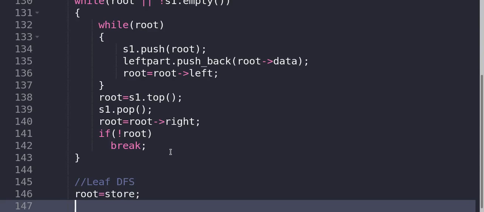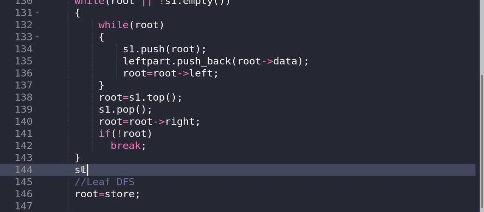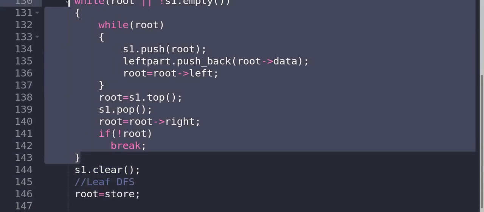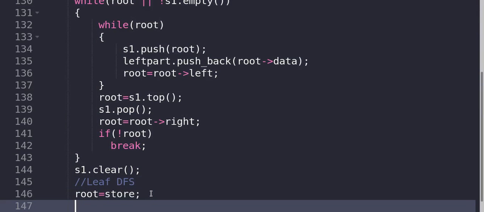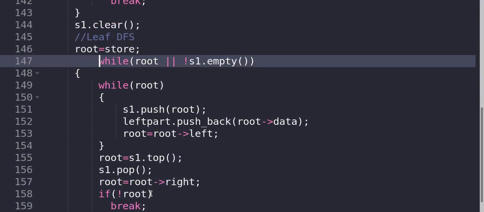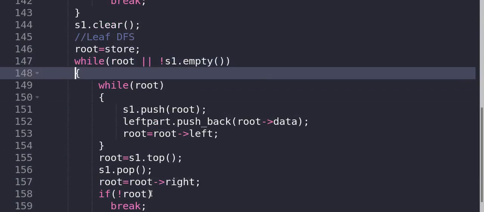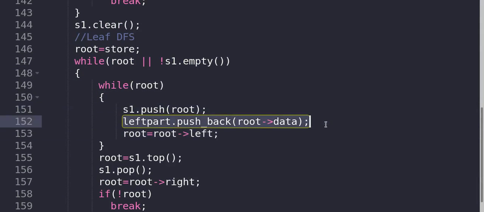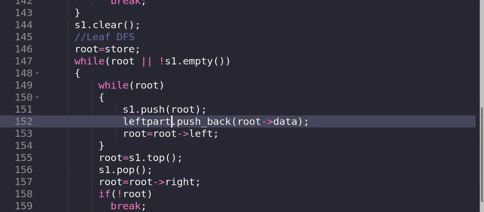So again, right, what we can do is we can just clear the stack and just copy the same code. Why write the same code again and again if we have it here? Just change this part. Just remove this part